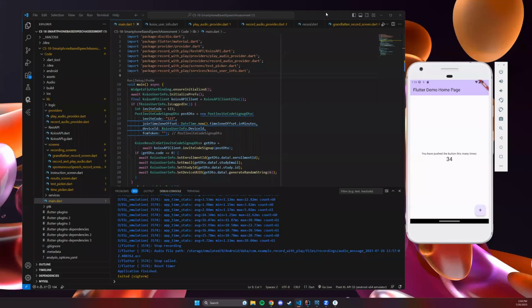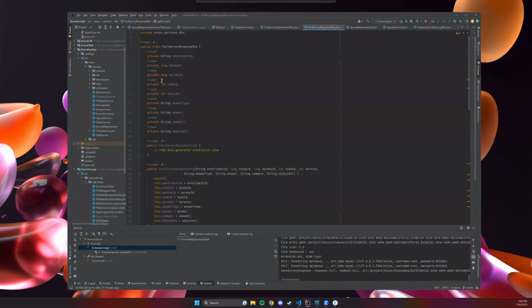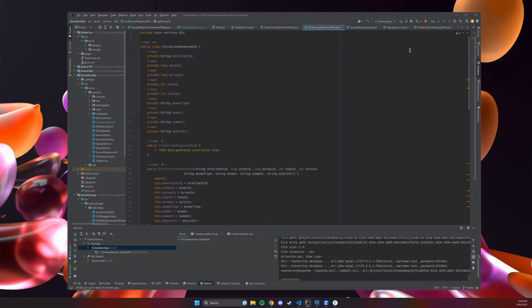page. Good afternoon, everybody. Today I'm going to demo the functionality of our Flutter application and the audio storing on the backend server Koyos. Before we begin with the application, I would like to go over the Koyos server that